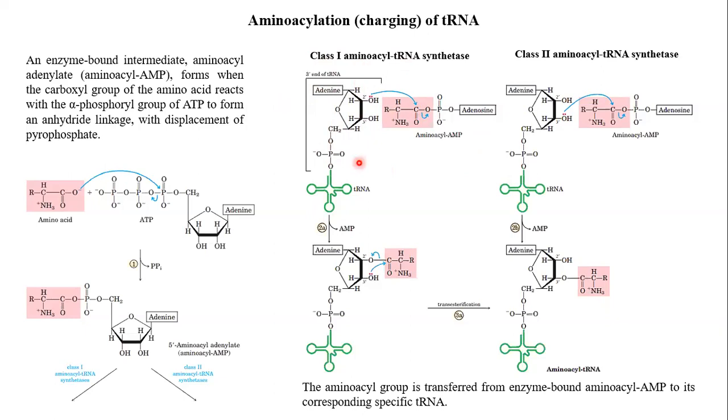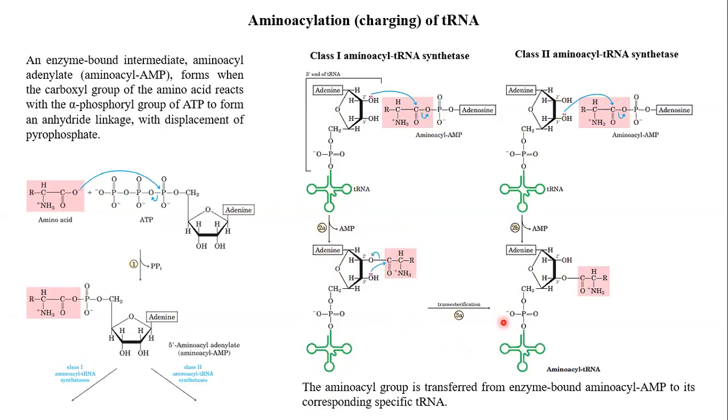So in the class 1 mechanism, this 2' OH acts as a nucleophile and attacks this carboxyl group of the amino acid. And this bond breaks and then it forms a bond with this OH. So you can imagine this gets reversed and it attaches from its carboxyl end to the transfer RNA. Okay, and this AMP gets released in the process. So now you get a charged transfer RNA because now the amino acid is attached to the transfer RNA, but it has attached to the 2' end.